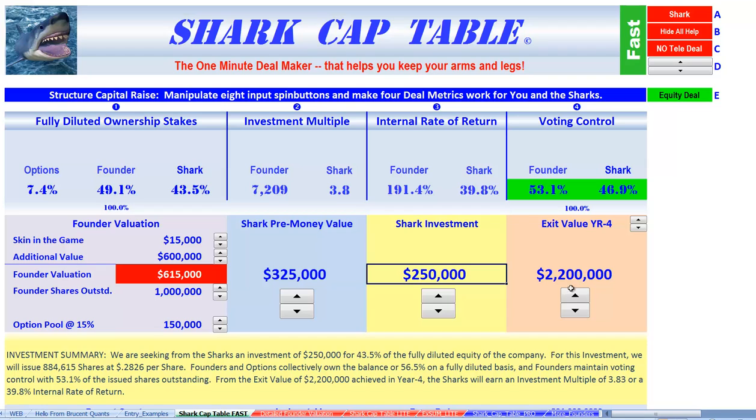Now, another thing we might do is we might be able to come in here and convince these guys that maybe we could sell the business a little later. Notice by moving the price up, the internal rate of return goes up. Now that's still better than we had it before. And the investment multiple is now 6.6. So this starts to look a little better to the Sharks. Maybe we can go back and then negotiate